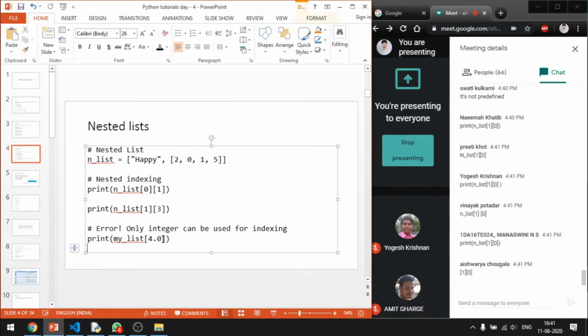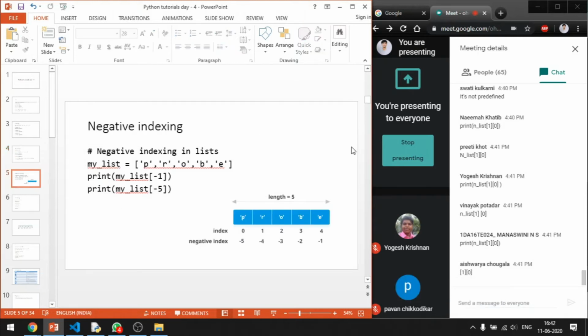And one more thing, index is always strictly an integer. It is never ever anything other than an integer when it is in a list. When we are working with a list, it is strictly an integer. Make a note of it. Negative indexing. We'll see programs. We have got n number of programs. If you are waiting for programs, if you are thirsty for programs, I request you to wait for a couple of minutes. We'll get there.